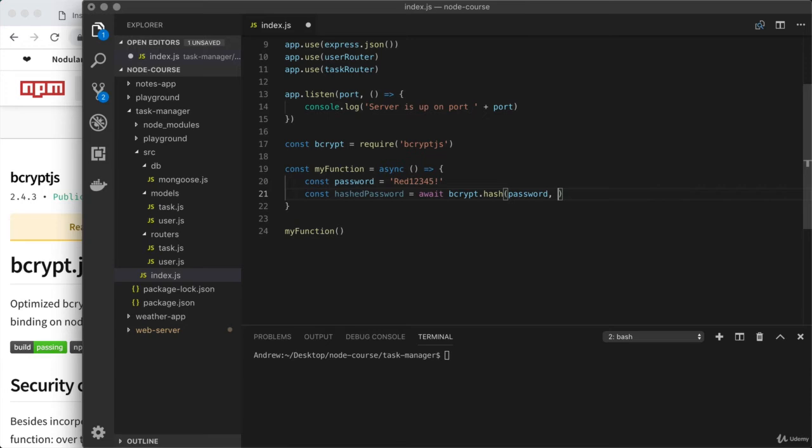Now, the number of rounds determines how many times the hashing algorithm is executed, and I find that a really good number is 8. It strikes a nice balance between security and speed. If we use too few rounds, the algorithm is a bit easier to crack. If we use too many rounds, it takes so long to run that our application becomes useless. 8 seems to strike a nice balance between the two, and this was the value recommended by the original creator